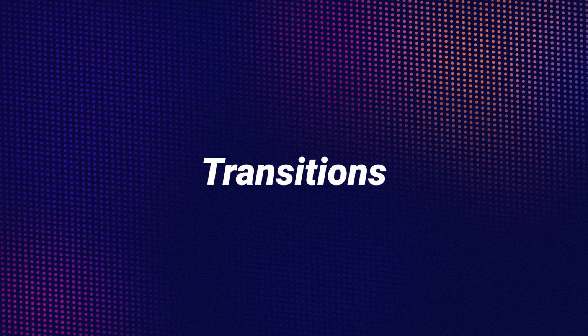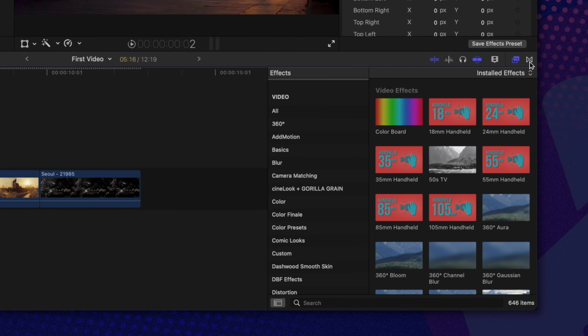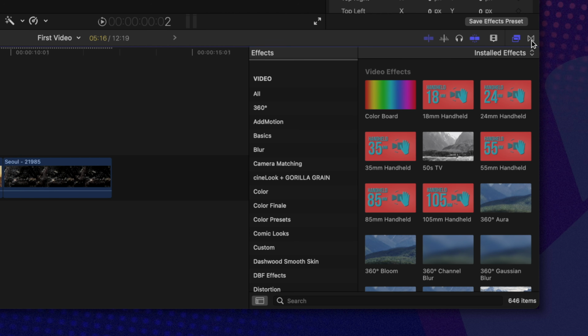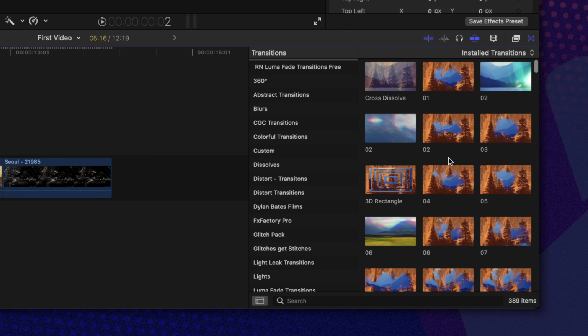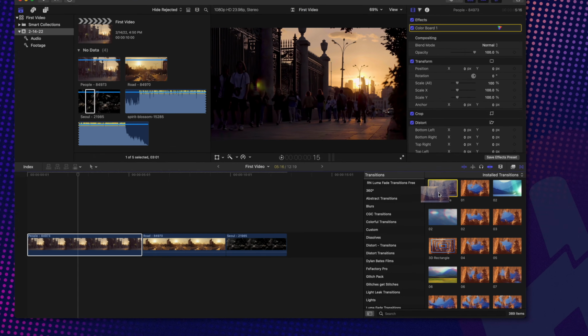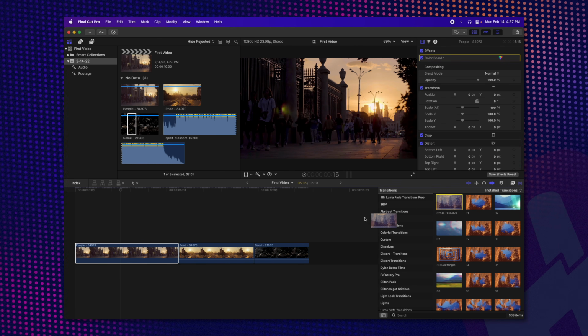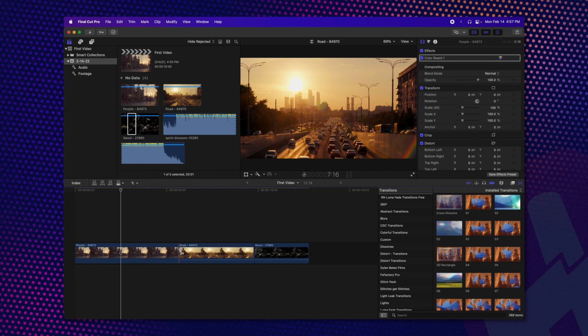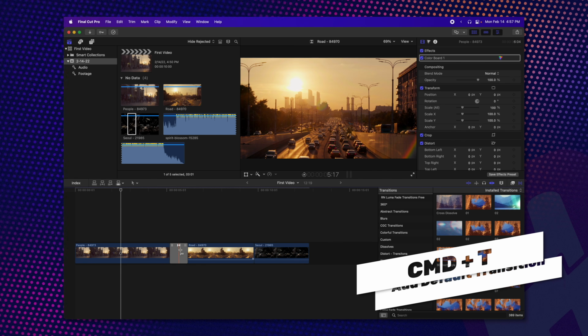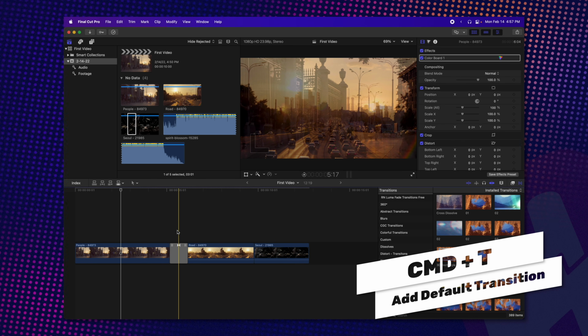Let's take a quick look at transitions. Transitions can be accessed via this icon right here, and you will see all of your transitions are found here. Mine might look a little bit different because I have some plugins installed. To apply a transition, there's a couple options. You can just click and drag, and this is probably the one that you're going to use the most, and you can drag it to any of your clips here. Or if you want to save some time, you can push Command T, and that will automatically apply the cross